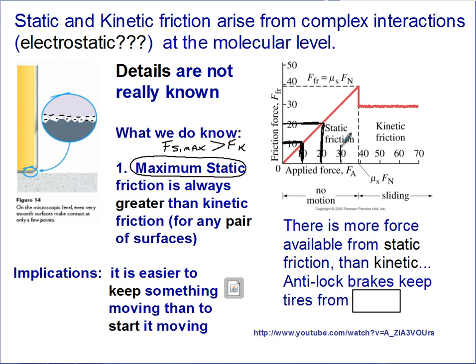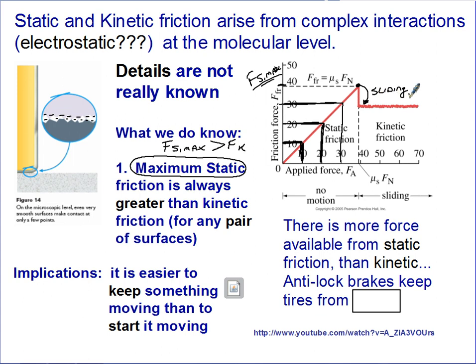If I continue to apply the brakes even harder, I'm asking to slow down at a greater rate. Static friction can grow, but it can only grow so high. Once I get to this maximum value, this part right here, which would be called Fs max, all of a sudden I'm going to start to slide. So if I exceed that value, I'm going to slide, and I'm going to come down here to kinetic friction. So this is where sliding begins.